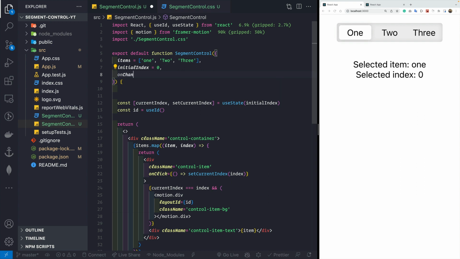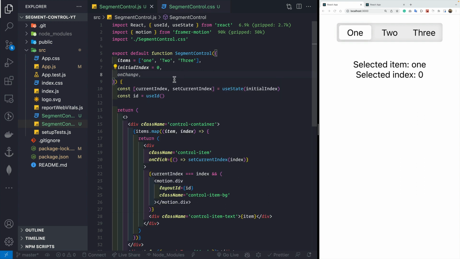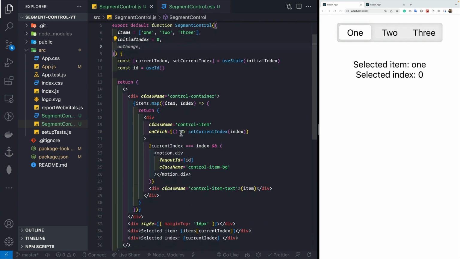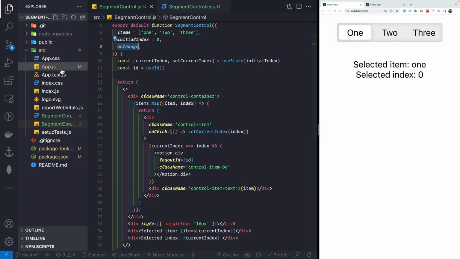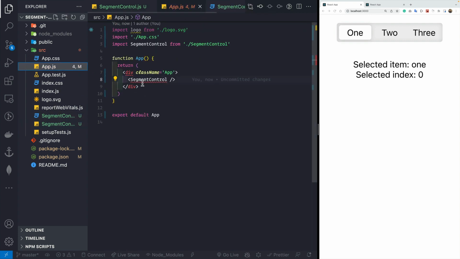So we can say on change, and this would be a function. So let me save this. And now whenever we change the index, we need to call this on change function. So let me save this and let me go to the app.js file, and here we see that we get